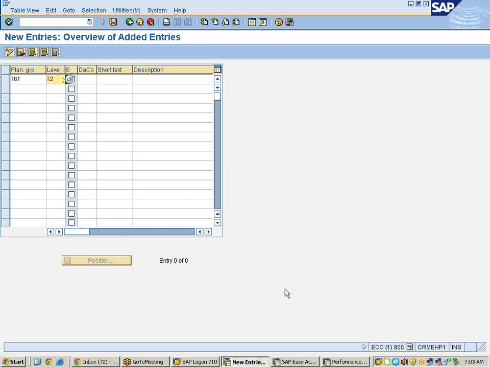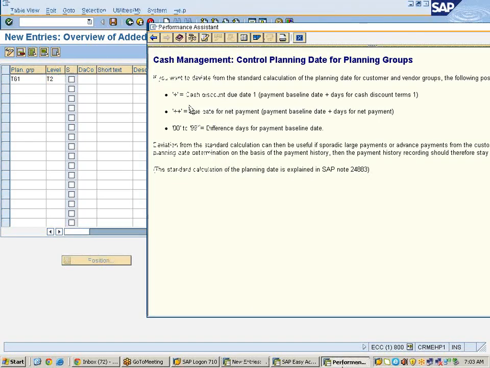After that, if you want to deviate from the standard calculation of planning date from the customer and vendor group, the following transaction need to take place. Let us say if you enter plus in cash position performance control planning, cash discount due date, that means payment baseline date plus days from discounting.